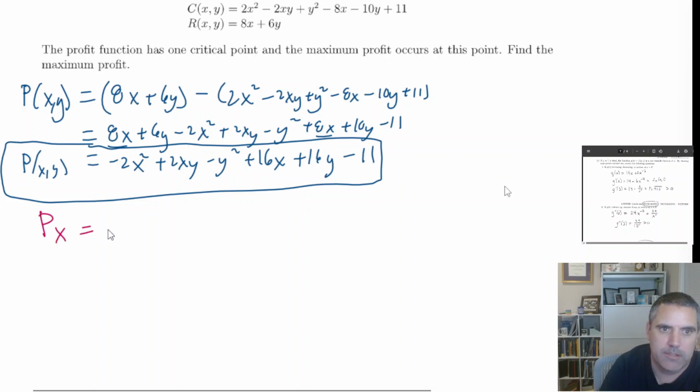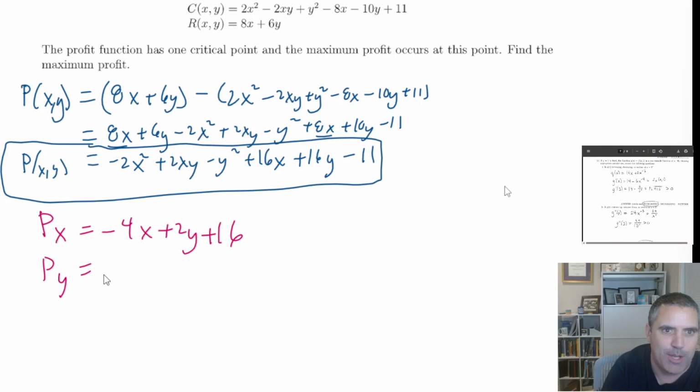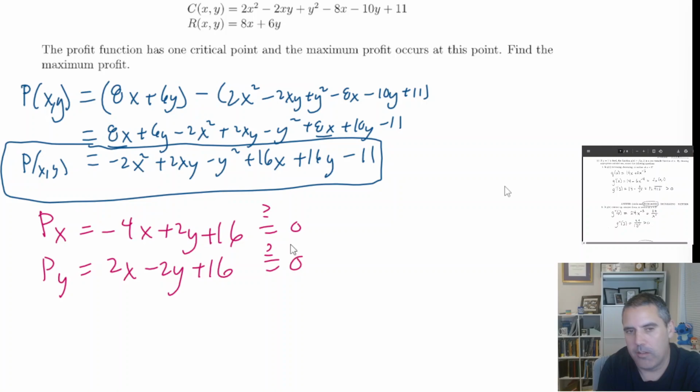Partial with respect to x, negative 4x plus 2y plus 16. At this point, I'm not going to keep stopping and talking about how to do our partial derivatives. Hopefully, we're getting better with this. Set this equal to 0. Now, here's an interesting case where you can, I wouldn't say not bend my rules, but your goal is to